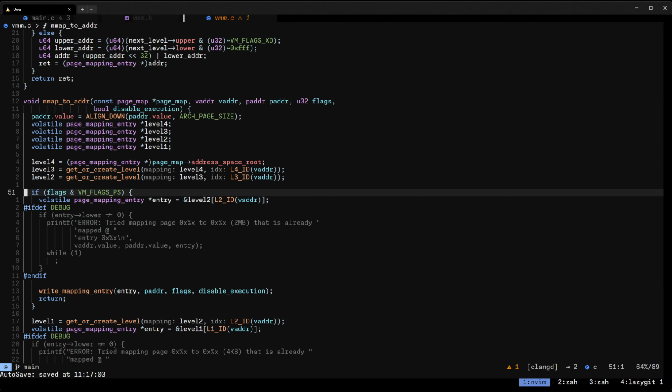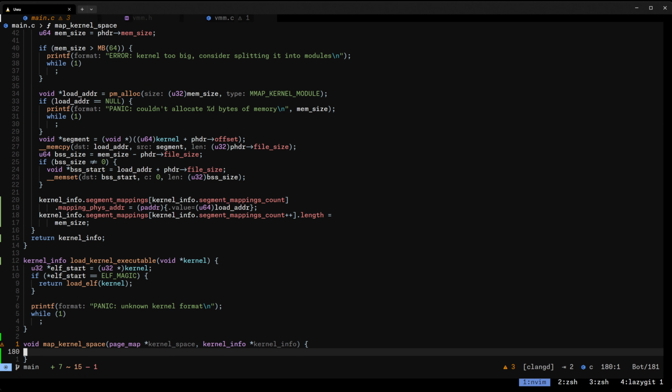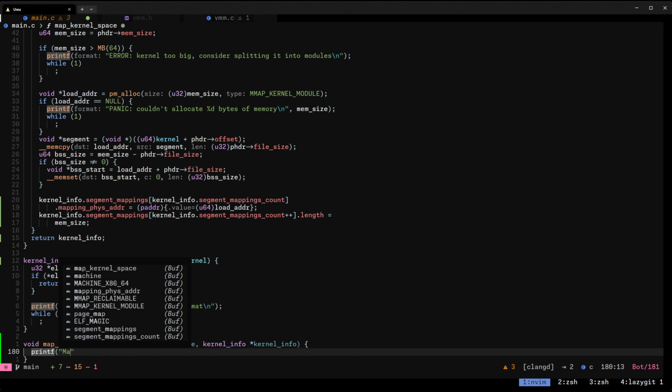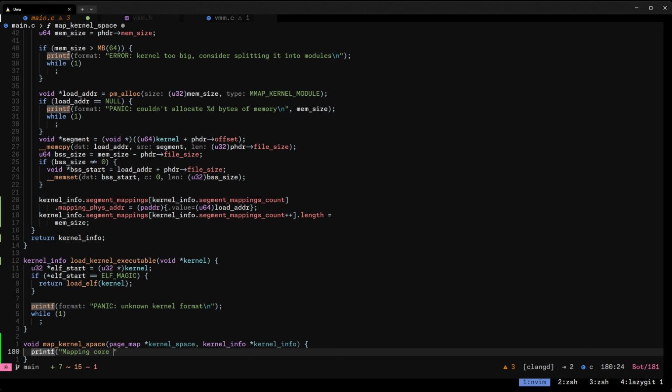Right. Okay, so it looks fairly straightforward. So let's get to that. Right. So I guess the first thing we'd like to map is our virtual addresses for our CPU cores. So let's do something like mapping core stacks to